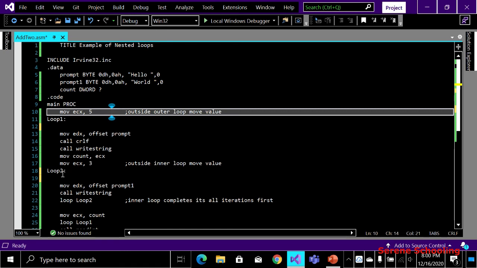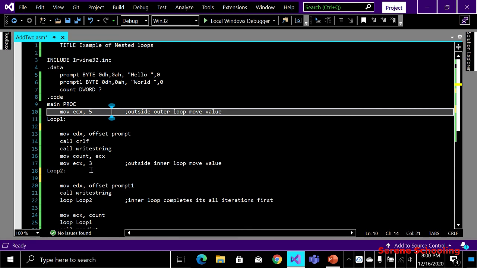So here my inner loop starts from here. Here I'm sending the offset of the string, that is world, into the EDX. I'm printing the world, and I'm again sending the control to this loop. It means how many times is this loop going to execute? 3 times.